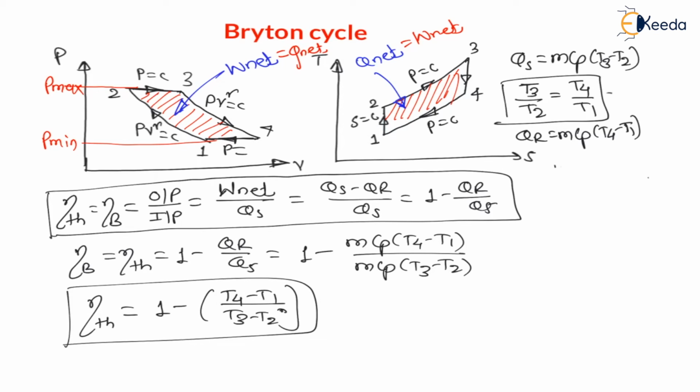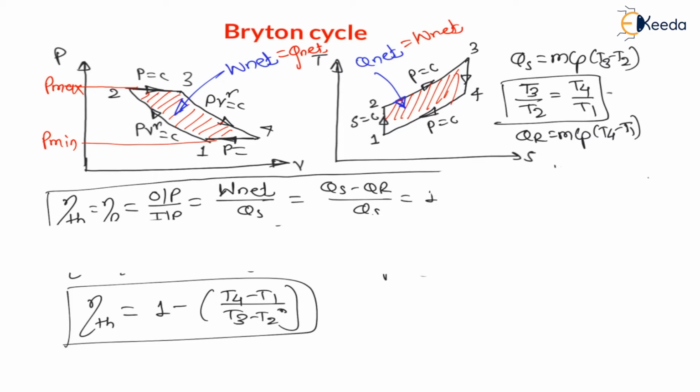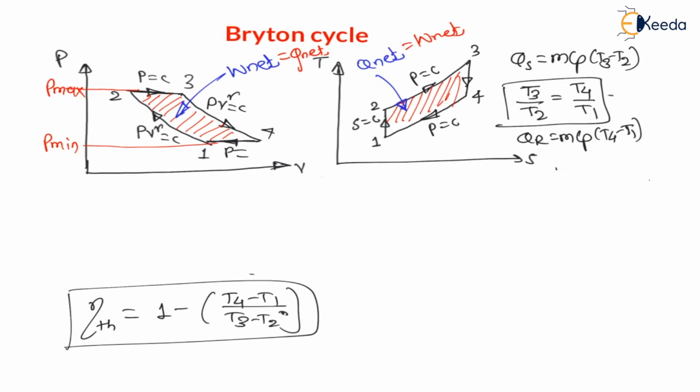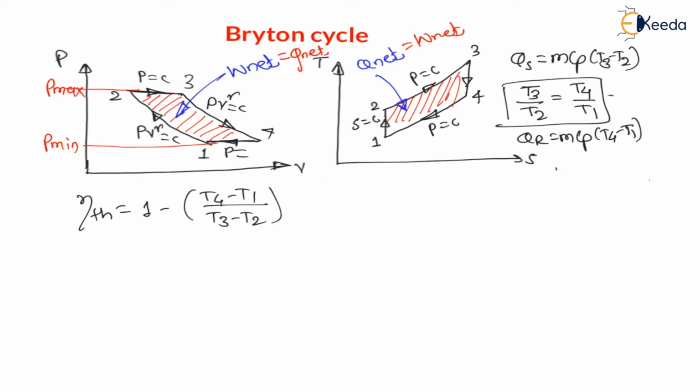This direct result they will also ask you in the examination, or they will ask you the simplified version of this formula. Now here, this efficiency formula is nothing but what we have just derived. See, thermal efficiency is equal to 1 minus (T4 minus T1) divided by (T3 minus T2), right? Let us simplify this formula. Now in the numerator, consider T1 common.